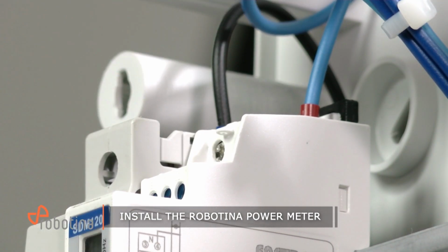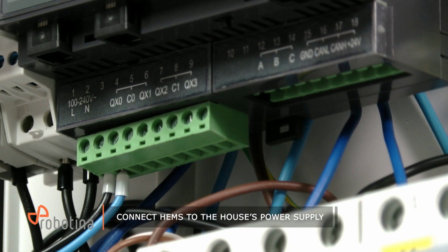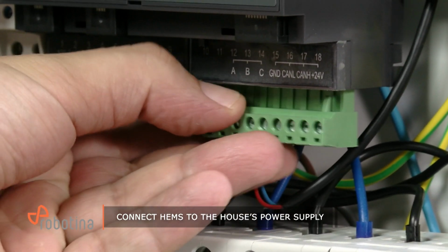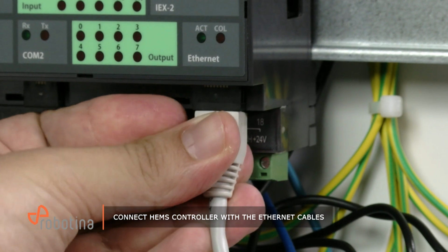When this is done, you should then install the HEMS controller and subsequently connect it to the house's power supply. Once this connection is made, proceed to connect the HEMS controller with the Ethernet cables that links the home's modem